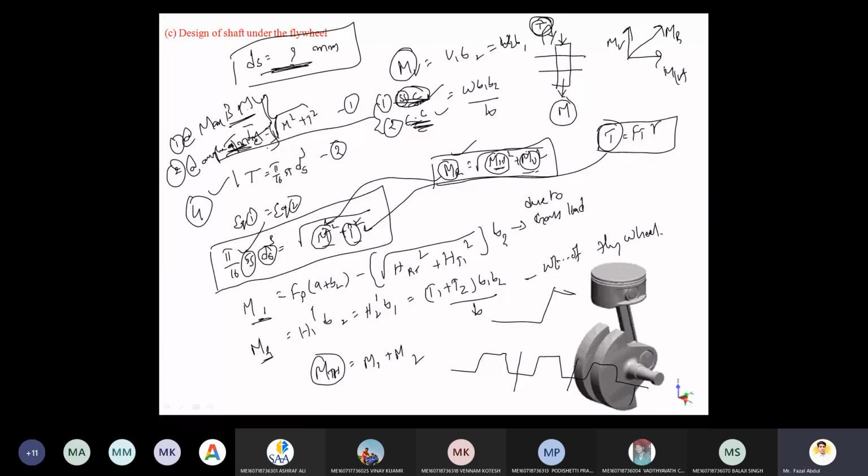So while solving the problem, you have to identify whether the crankshaft given is a side crankshaft or center crankshaft. After identifying, see whether the question is asking to solve by bending moment criteria or torsional moment criteria. After identifying like this, directly you can apply the design procedure and easily solve the problems. Okay. So now, if you don't have any doubts, shall I move to solving one problem?